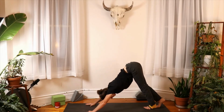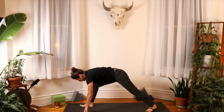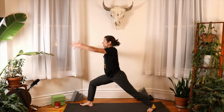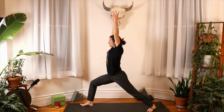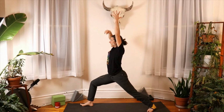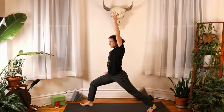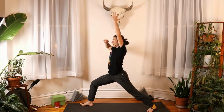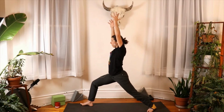Warrior one, inhale, step the right foot forward. We're going to draw those arms up overhead. Exhaling. Shift like I'm lengthening the sit bones away from the wrist bones. And from my fingertips to my sit bones. I'm going to feel again into that move that we did at the wall, that shower at the wall. I'm going to feel for that,